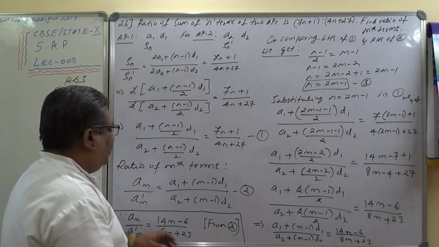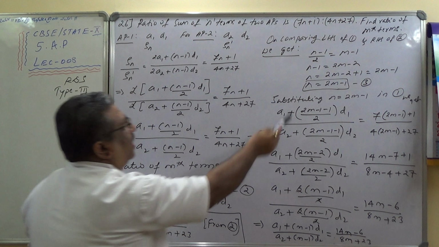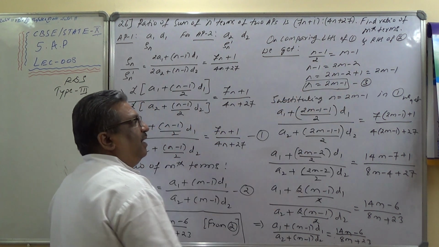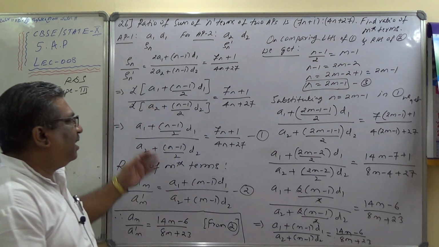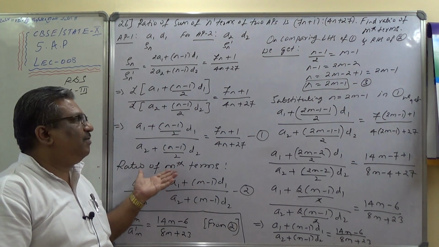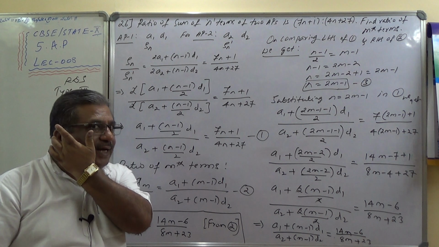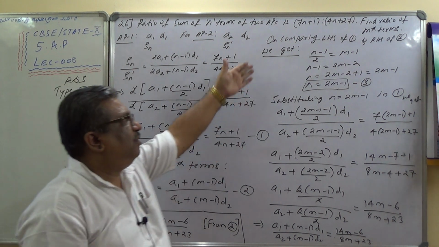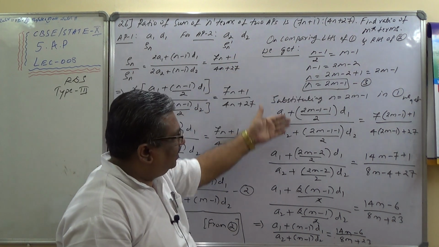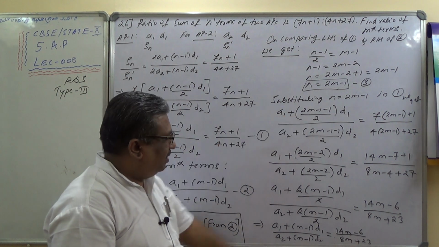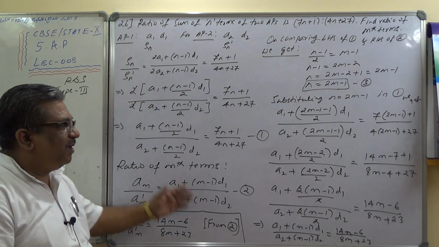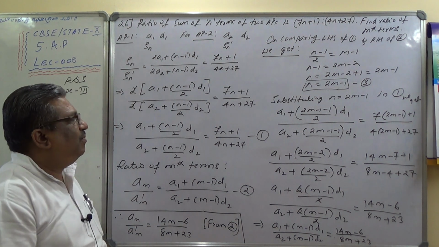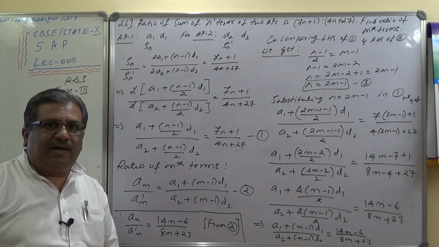This entire step, R.D. Sharma has eliminated. Directly he says substitute n equals 2m minus 1. So if you can remember this substitution, n equals 2m minus 1, you can do it that way in the exam. Otherwise you have to solve all this, and finally you get the ratio this way. What is that? Finally am is to a dash m is equal to this answer. I hope you have understood. It's a bit complicated, but you can expect such questions also. Note it down.